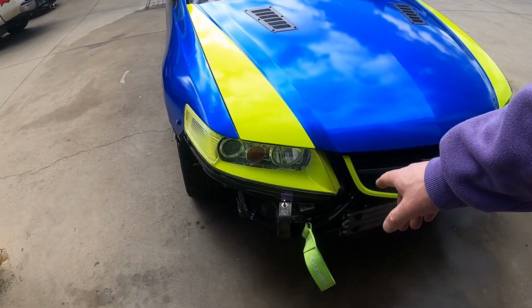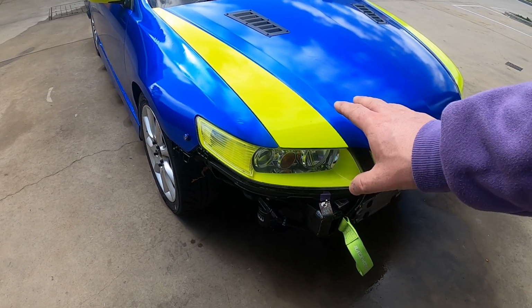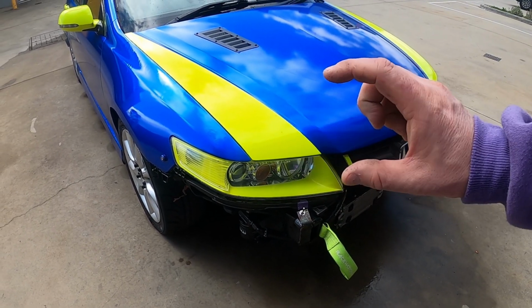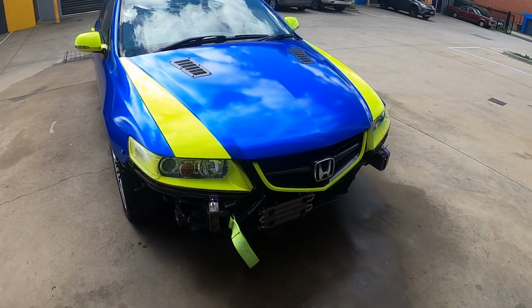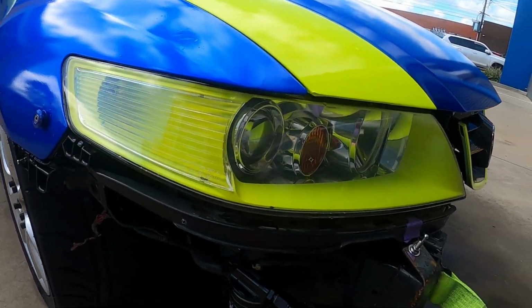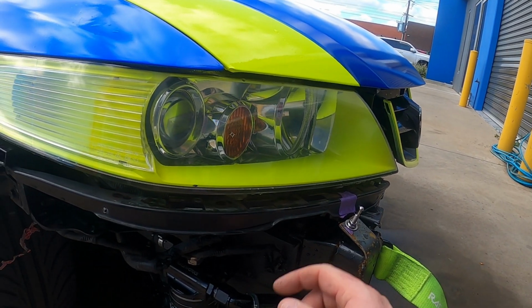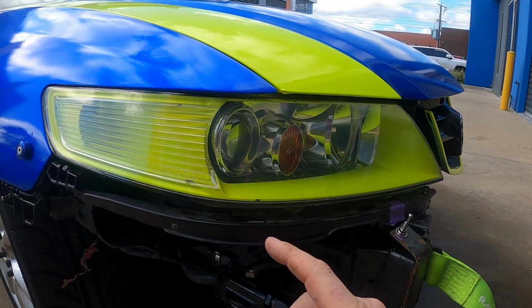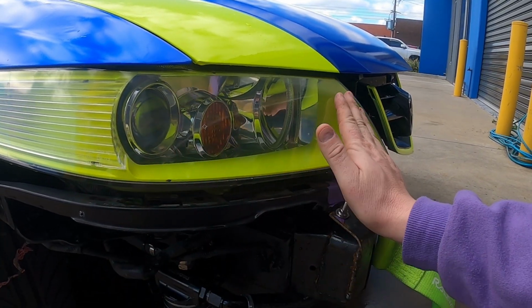And the headlights were full of some powder and rocks and stuff. Somebody obviously had water in them at one stage and put one of those absorbent packages in there, and it leaked all through the headlights, so they were terrible. I pulled them apart using my heat gun, and I painted this part here, which is normally black. I painted that fluoro yellow to match and cleaned it all up, put it all back together,